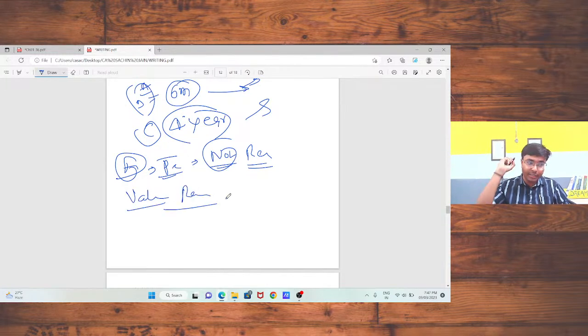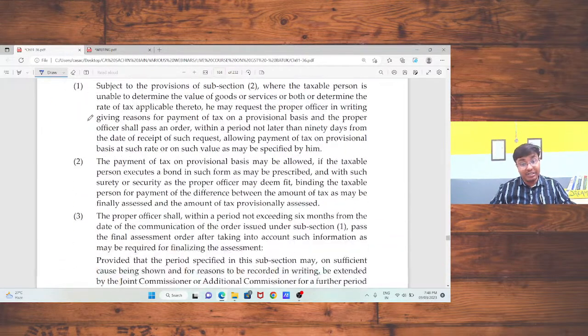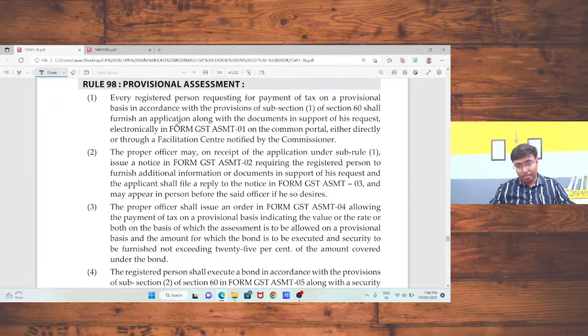Okay, sir. So now जैसा कि हम लोगों ने डिस्कस किया, we had already discussed that in case of scrutiny there are three forms, ASMT 10, 11 and 12. Now for provisional assessment there are certain forms, and now I am going to discuss that. Self assessment we had already discussed. Okay, sir. Provisional assessment provisions we had already discussed. I just need to discuss the rules for application of provisional assessment. That means if I am not able to decide the rate and value of a particular supply, in that case I need to file form GST ASMT 01 electronically